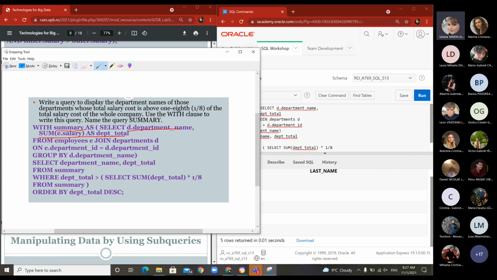Then, based on a certain department name, you would join employees E with department D based on the current department ID, which is the foreign key for employees and the primary key for departments. What you do here is to group them all according to the department name. Then, having both department name and the salary, which is department total inside summary,